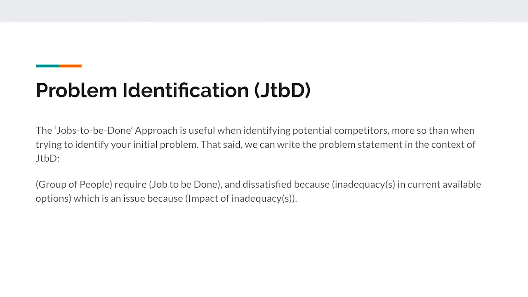I guess you could call it the job statement or job to be done statement, but the problem statement is fine enough. So this might be: this group of people require this job to be done, and they're dissatisfied with whatever the current option is, with the inadequacies in that current option. And that is an issue because of the impact of this inadequacy. So,